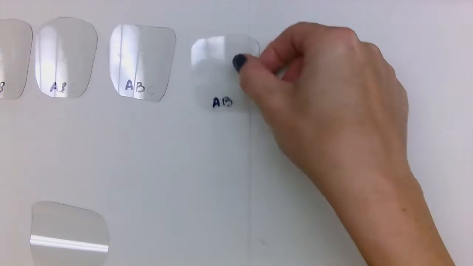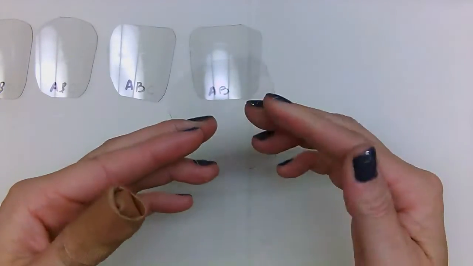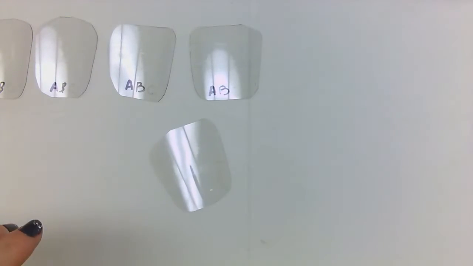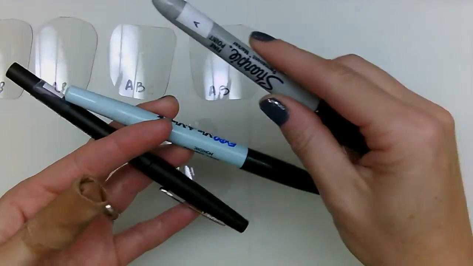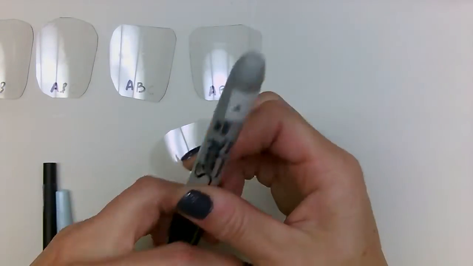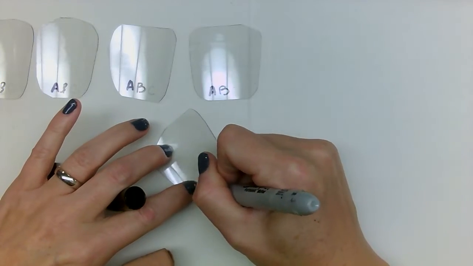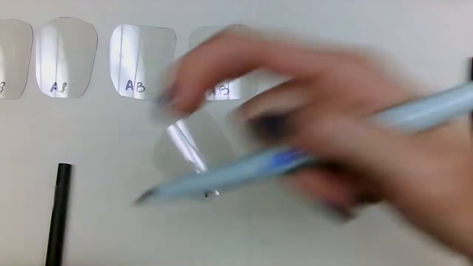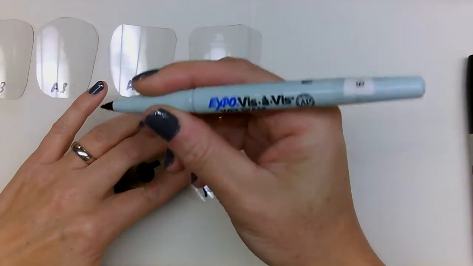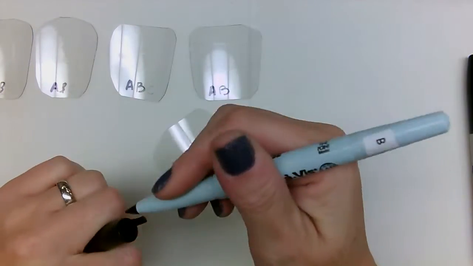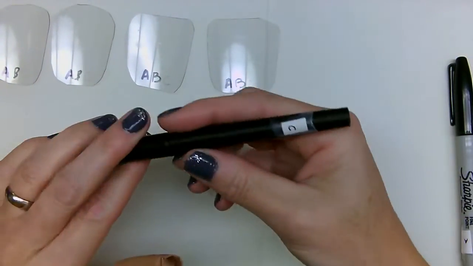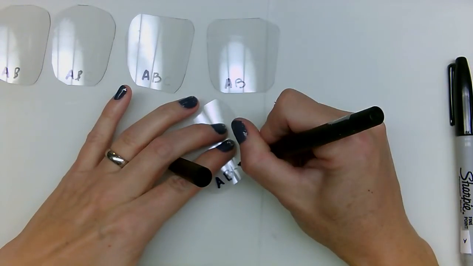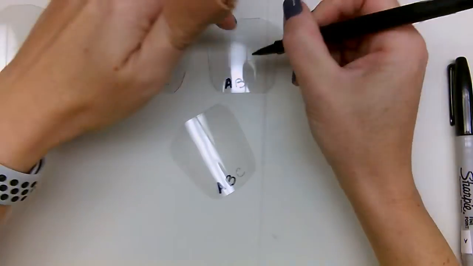So what we need to do is we have these little plastic pieces. It's actually part of a cup that we cut. And what we're going to do is take our pens. Each pen has a letter on it to remind you of what to write. So for A, you put it at the bottom of the Sharpie. B, at the bottom with vis-a-vis. This is called a wet erase pen or marker. And then we have our flare pen to write the C. And that one's really hard to see. I did write them up here